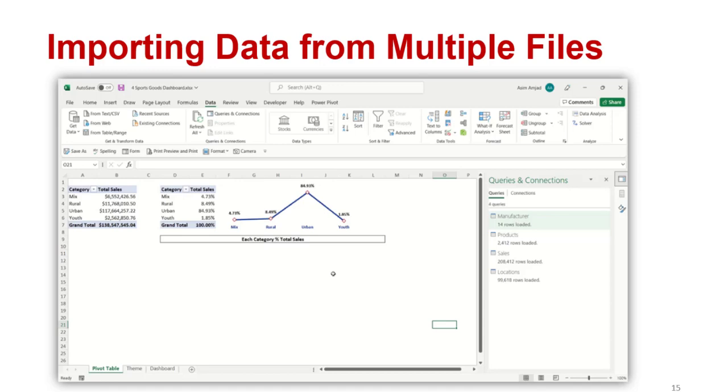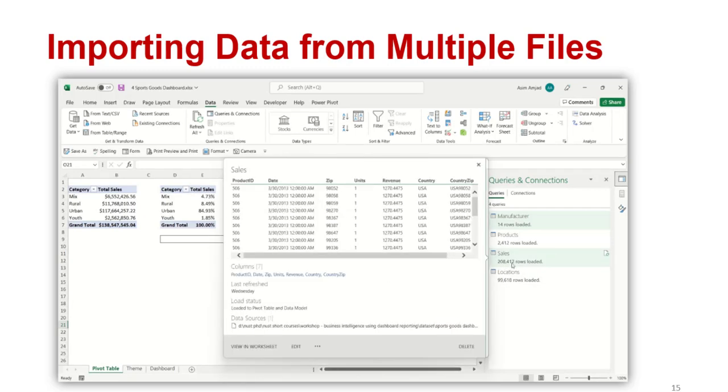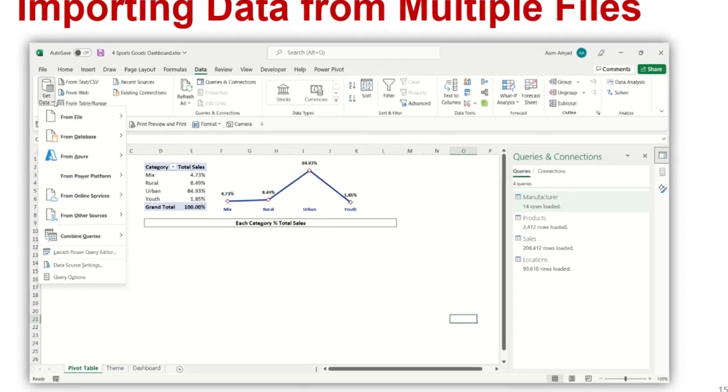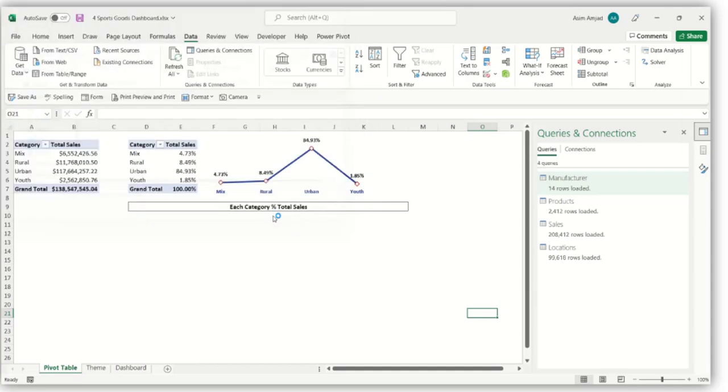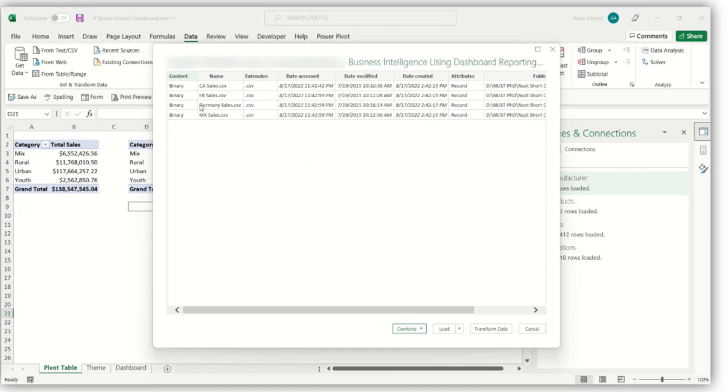Previously we imported 4 CSV files in separate steps, but right now we have multiple files. So in that case, if you have a bunch of Excel files or CSV files, then you may use this step, but here we are actually further adding or updating our data values for the sales table. So these are the steps that we need to follow to update the sales value. Move to the data tab, from folders, and click this international sales folder, and this connection is now built using